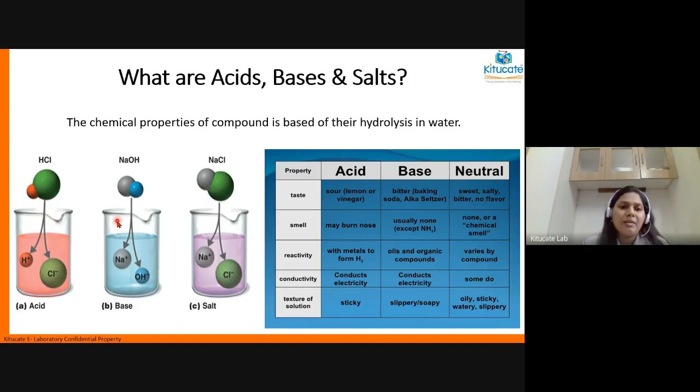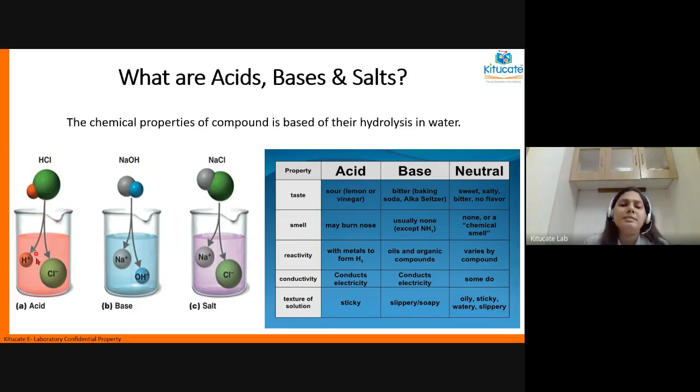So, usually on a broader level, acids always start with an H, and bases end with OH. Looking at their chemical formula, if you want to identify, majorly the acids will start with H and bases will end with OH. So the first one is hydrochloric acid. The second one is a base called sodium hydroxide.